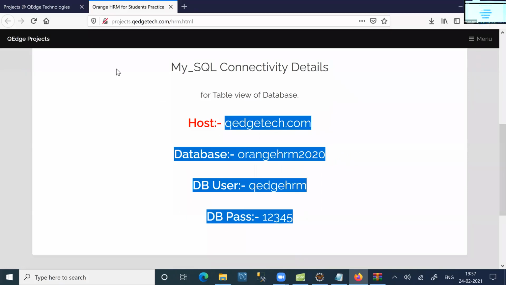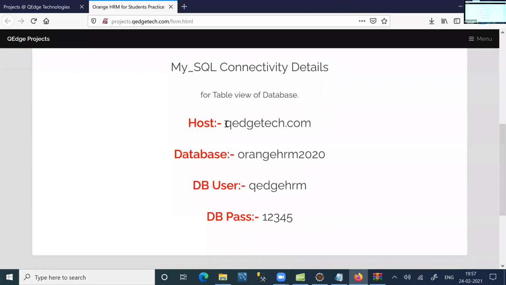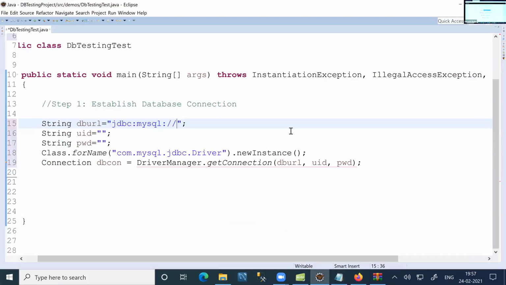These connection details you have to give in the code. Host name qatech.com. We deployed Orange HRM application database in our website qatech.com. So qatech.com and